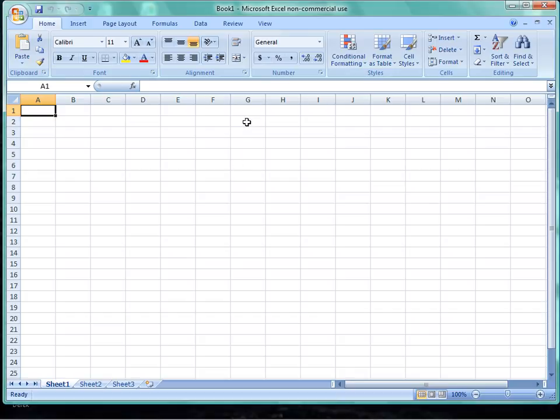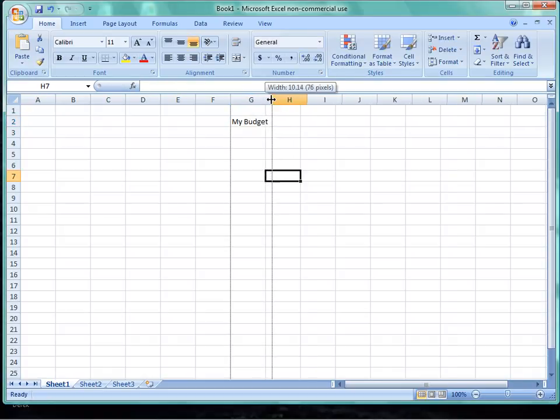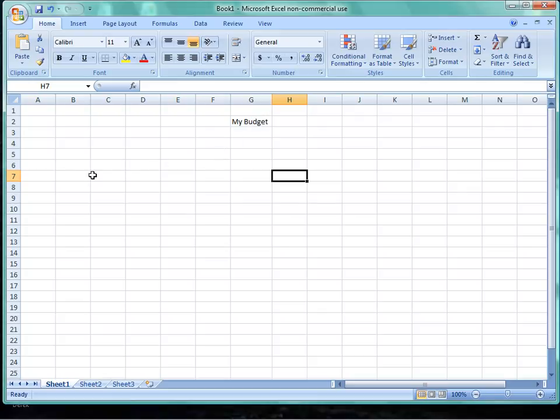The first thing we're going to start out with is put in here my budget. Make this a little bit wider so it fits. And then down here, what we're going to do, we're going to put in, let's put in here